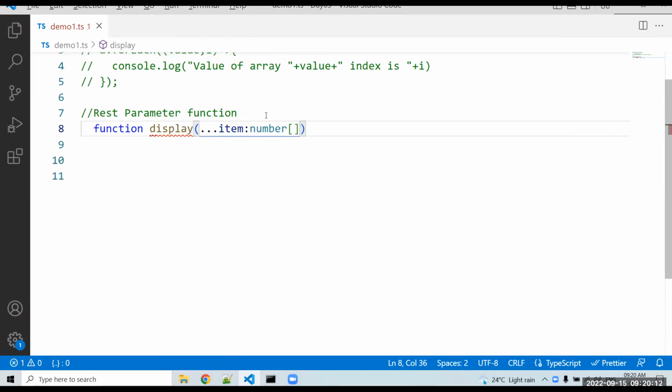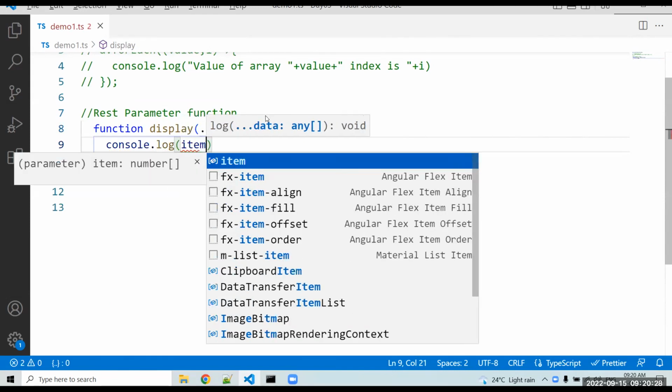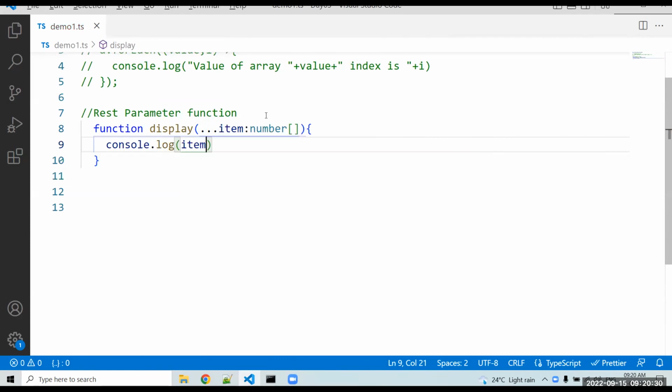That variable may be a number array, string array, Boolean array, any type of array, whatever data type you want to mention, you can mention it right there. Then curly bracket and open close bracket. Simply I can write the logic here, console.log, and just print atom, meaning your array value. When we call that display function, we can pass one or more arguments to